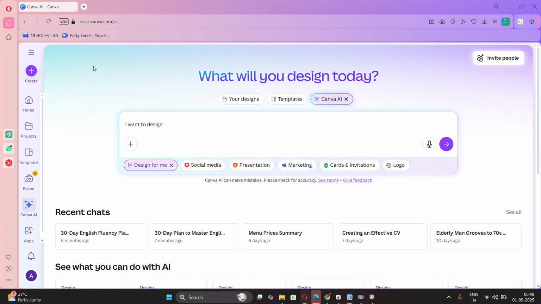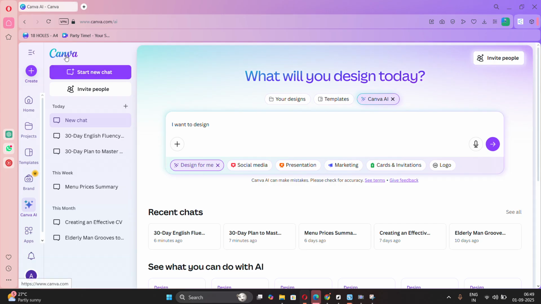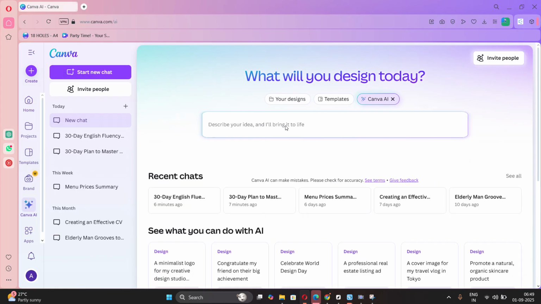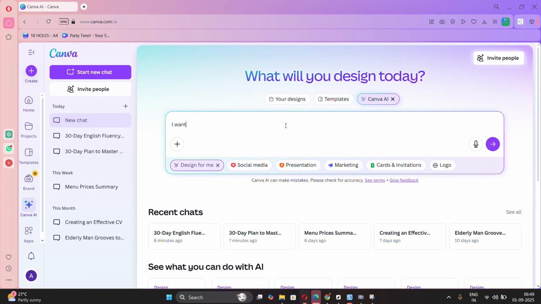So once you are logged in to the Canva application itself, you have to go to the home page. This is the home page. This is how it will be visible to you. You have to click on here near the Canva AI. Here you have to give the idea that I want to create an